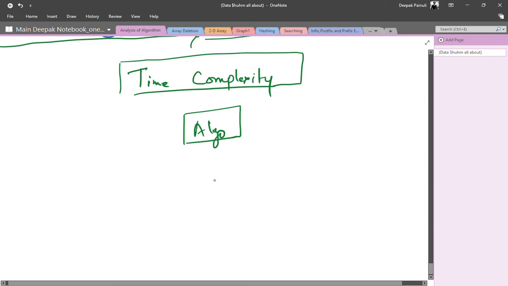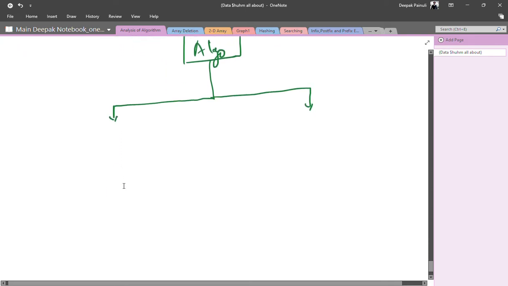So one should know, before going to the time complexity measurement, that algorithms are majorly of two types, or we can say an algorithm could be of two natures, right? Some algorithms work on an iteration basis and some algorithms work on a recursion basis.